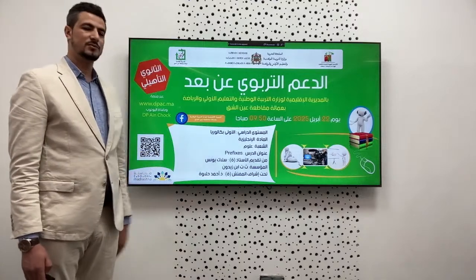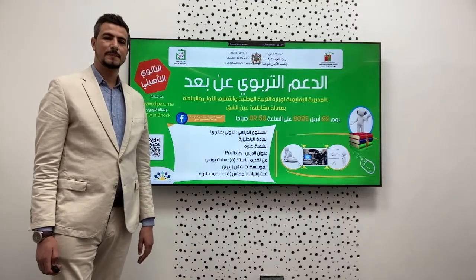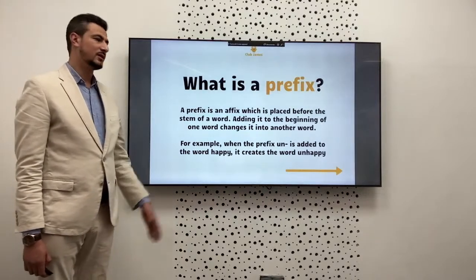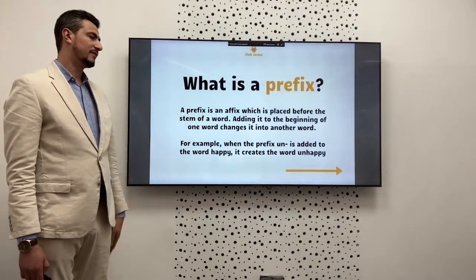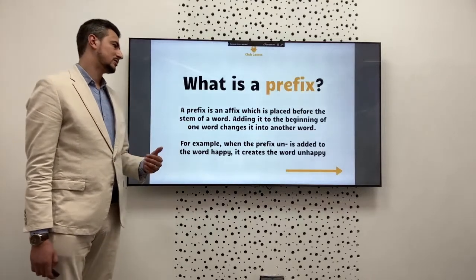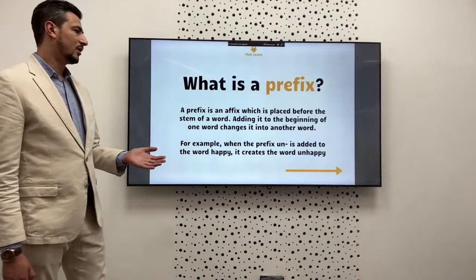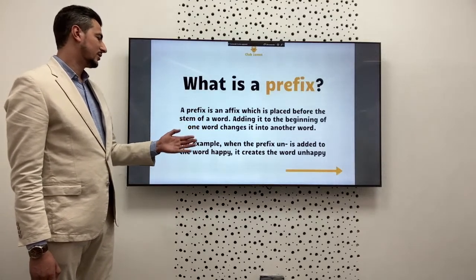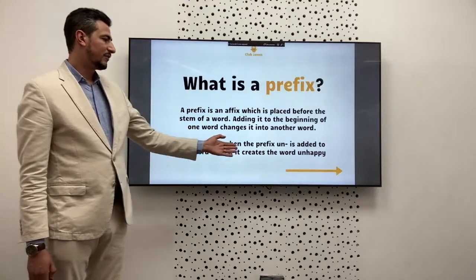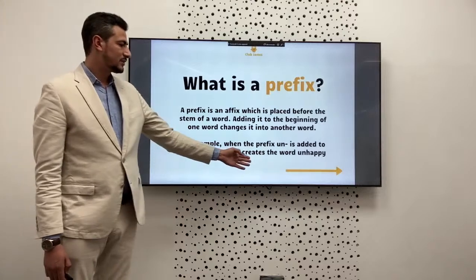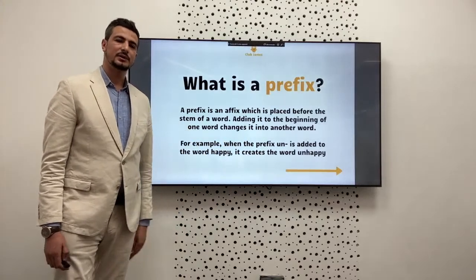This lesson is about prefixes and suffixes, and let's start. First question we ask is, what is a prefix? As you can see, a prefix is an affix which is placed before the stem of a word, and it changes the beginning of one word into another word. For example, when the prefix un is added to the word happy, it creates the word unhappy, and we're going